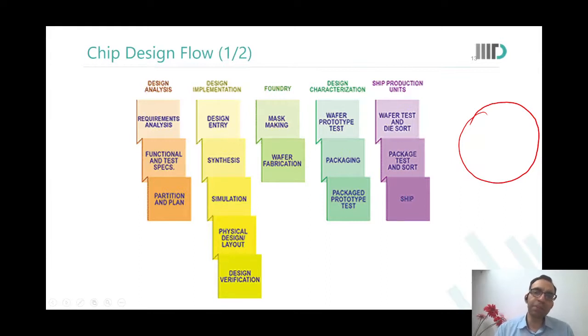So again, it depends. It depends on the fab conditions. Suppose the wafer prototype test was done at TSMC, and wafer test and die sort Qualcomm would do at its own facility. So testing has to happen twice then. Right. So it depends if it's happening at the same place or different. Yeah. If it is Intel, it will only happen once.